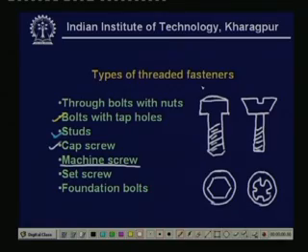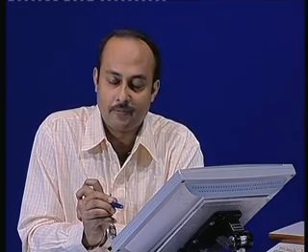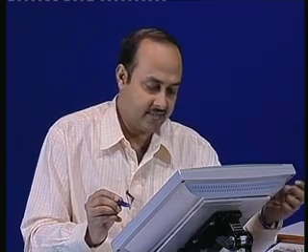Sometimes set screws are also used to prevent some kind of motions. For example, when we use the feather type of key, then the axial movement is not prevented, but if you want to prevent the axial movement, then we fix these two members additionally by a set screw. So that arrests the motion along the axial direction. So set screws,